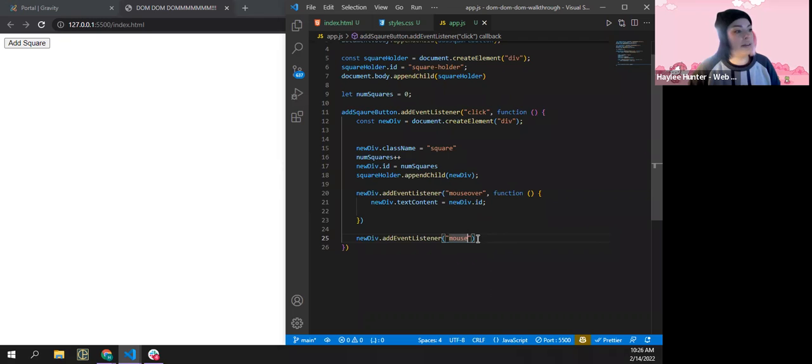I think that the mouse enter and mouse leave doesn't work because every time you move the mouse within the div, it listens for the event. So you just kind of have to figure out which one works best for what you need the functionality to do. So the mouse out event is going to be